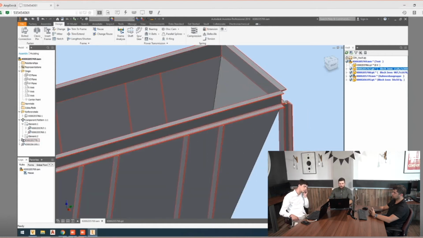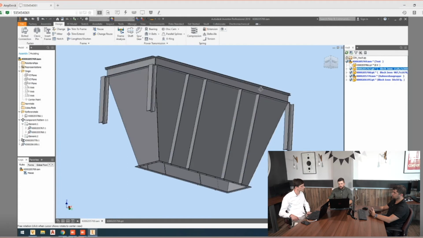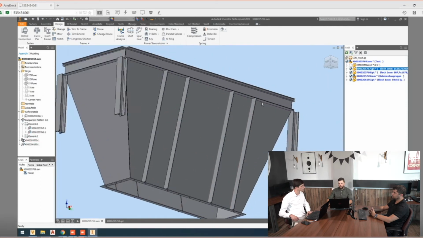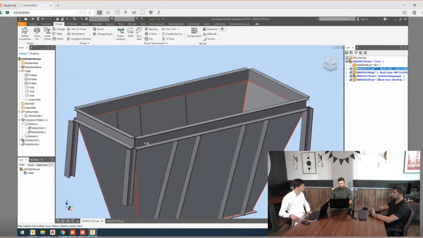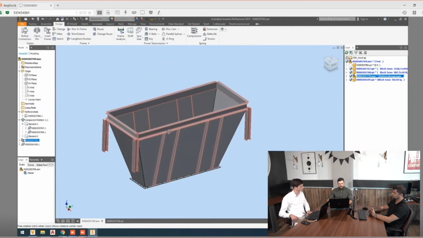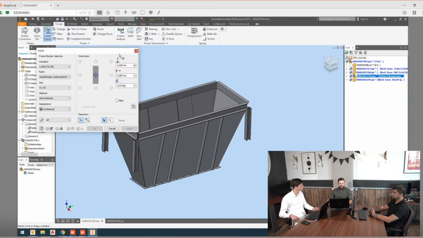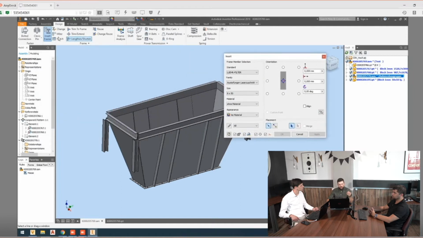You can create big constructions with all connections, and you will not have any intersections between them. So you can see here that this is a frame. This is a new sub-assembly that you will use here, and you just need to click on the frame generator and